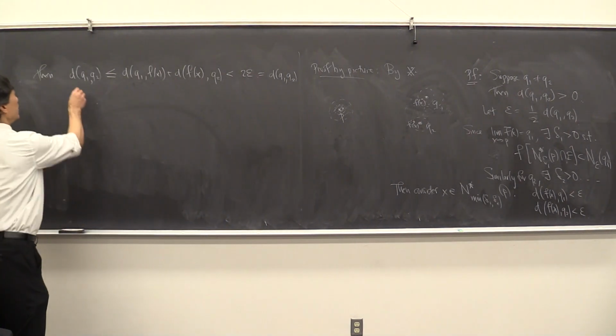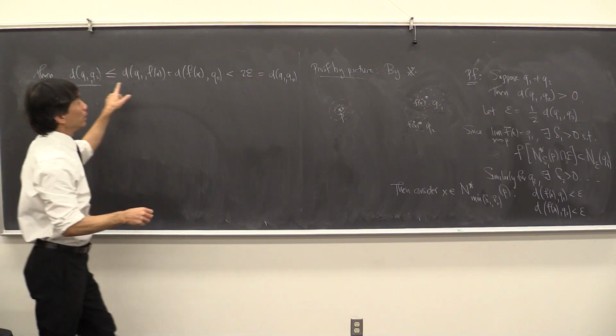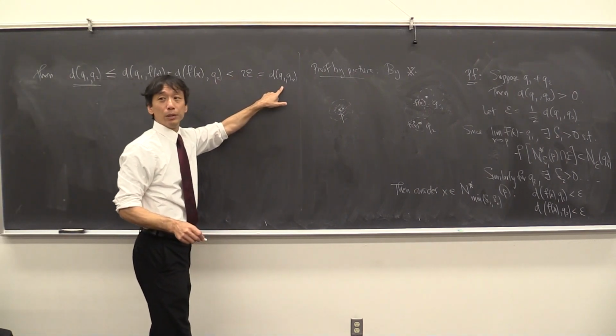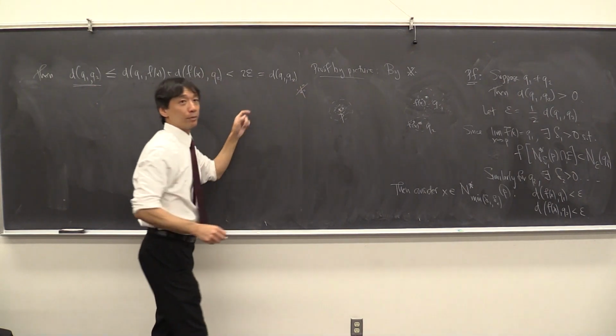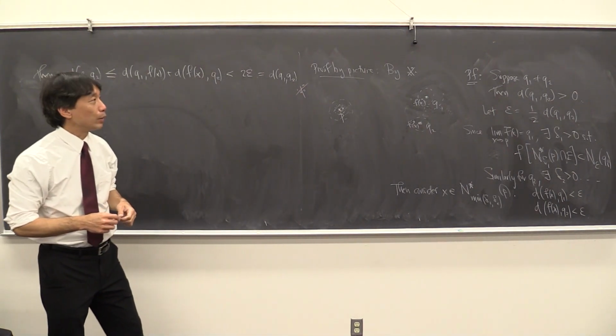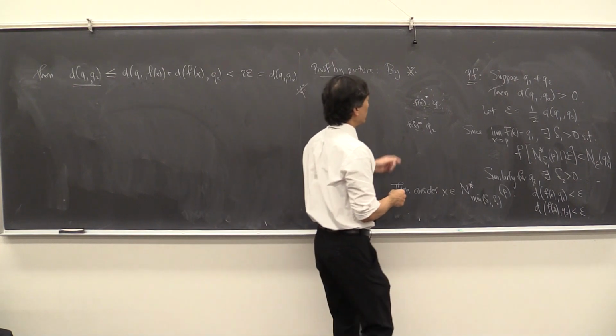Right? Which would mean that the distance from Q1 to Q2 is smaller than the distance from Q1 to Q2, which is not possible. Okay. This is saying that,